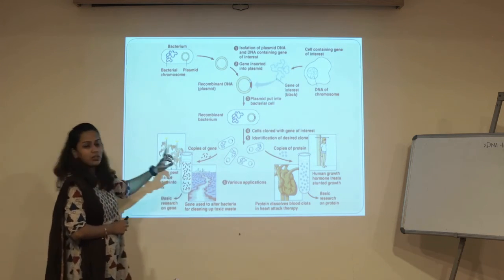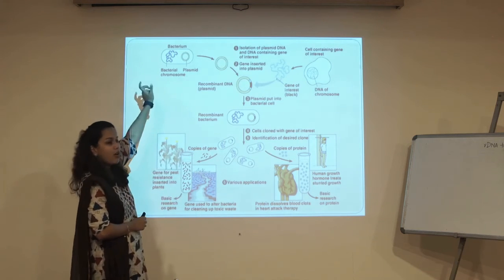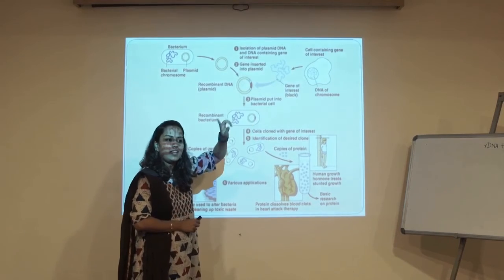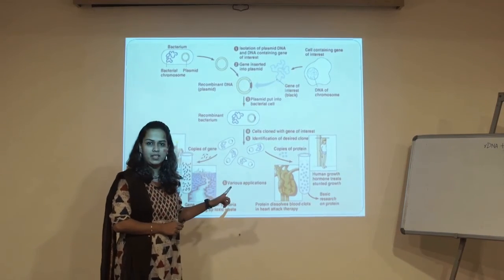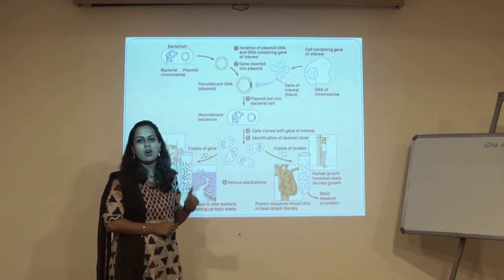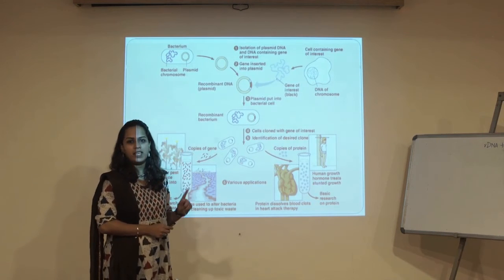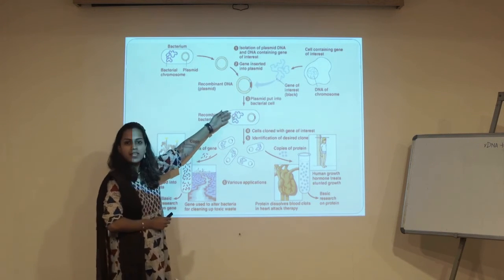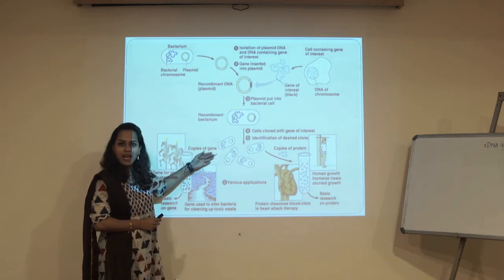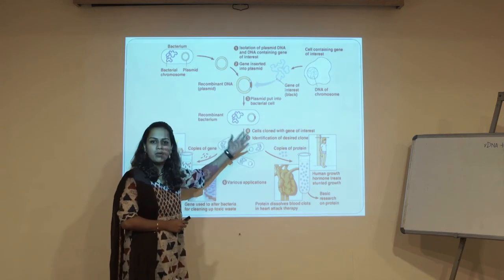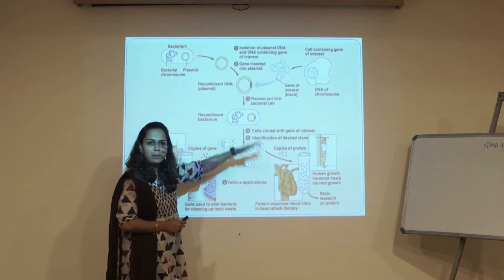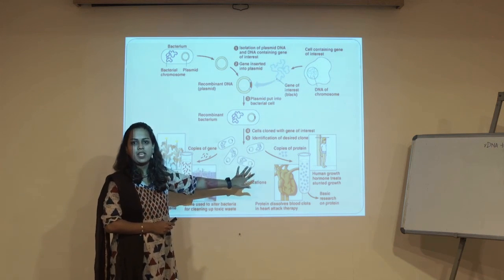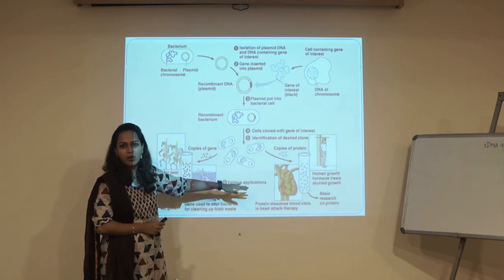The process in which your foreign gene is inserted into the plasmid and you get a plasmid with that foreign DNA is called recombinant DNA technology. And when you get the replicas of that particular DNA when the host multiplies, that particular process is called the cloning technique. So recombinant DNA is a part of the